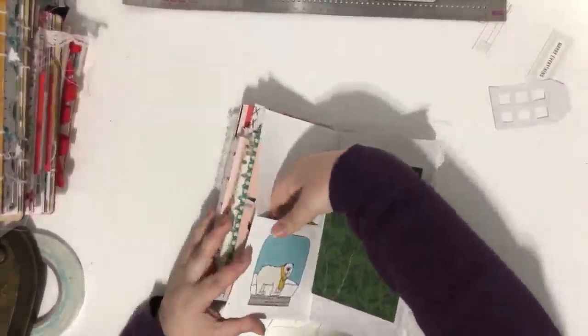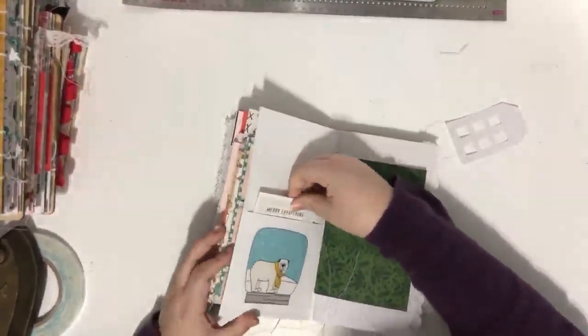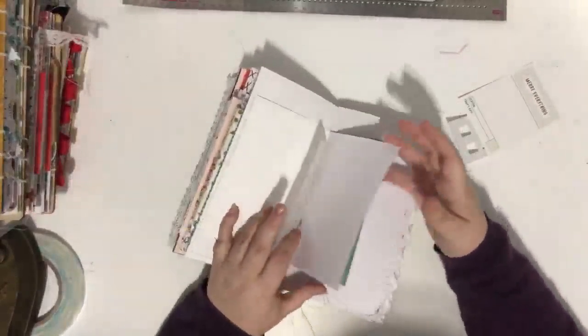Stitching. I made a pocket here with this Snow Globe Project Life card. This doodle is from Brandy Kincaid too. I love the snowman, and I thought it would be really cute to stick some Project Life cards or something back there. This pretty paper, this vellum,